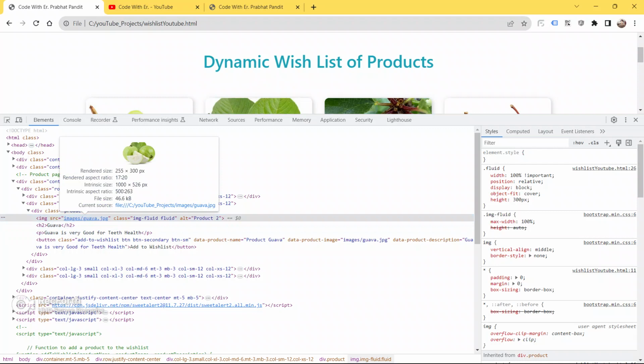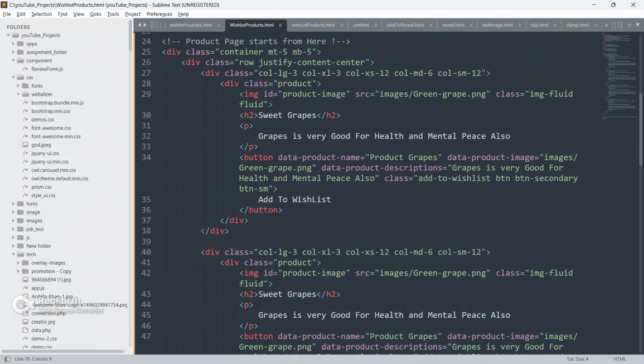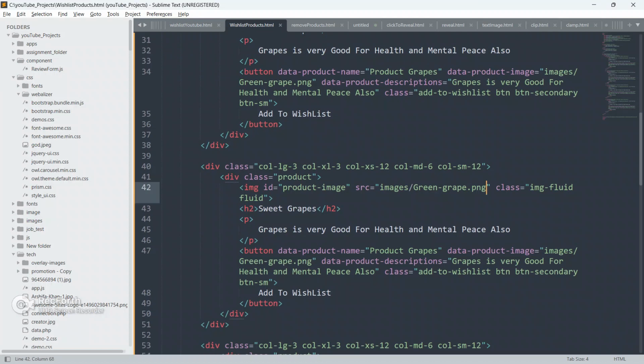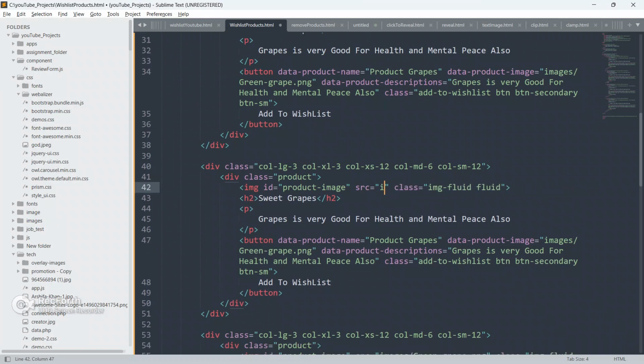So now guava, so copy the image guys from here only. Copy this image from here, guava, and just change this to guava. Change the name also, sweet guava, and change the text also.